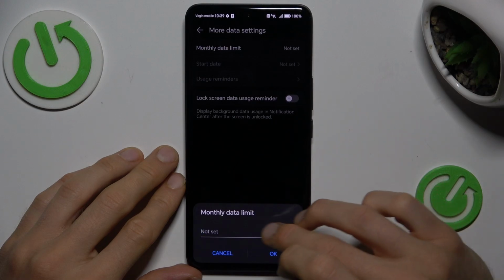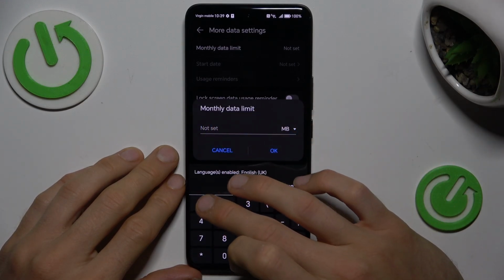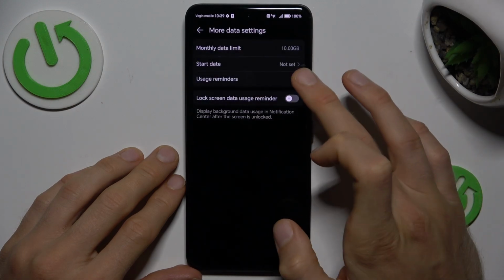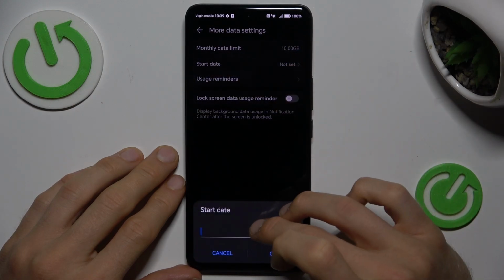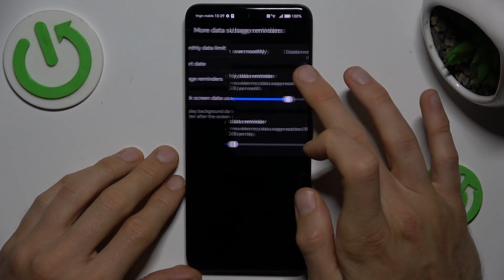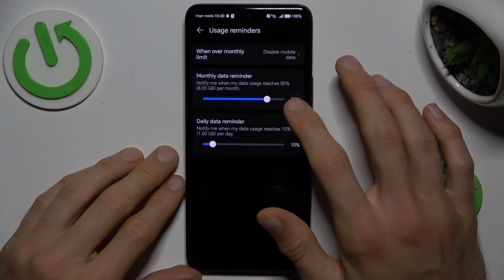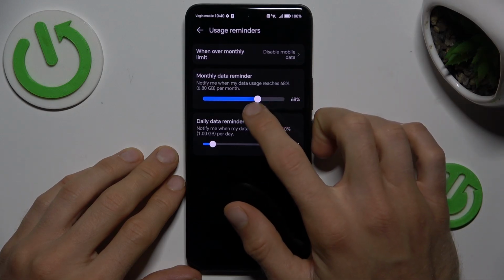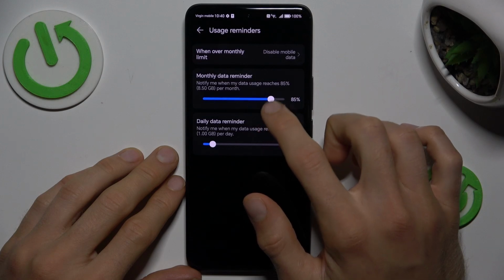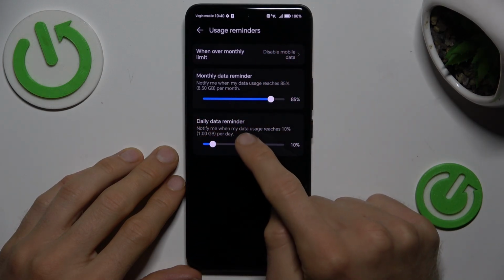First step, we can set how many gigabytes we want in our monthly data limits, maybe 10 gigabytes we set, or megabytes, what you prefer. There we can set when our data start, maybe first day of each month, and we can set usage reminder when we use how many percent we get reminder. Maybe when we used 85% we can set, and there we have how many gigabytes is it, and there we have our daily reminder